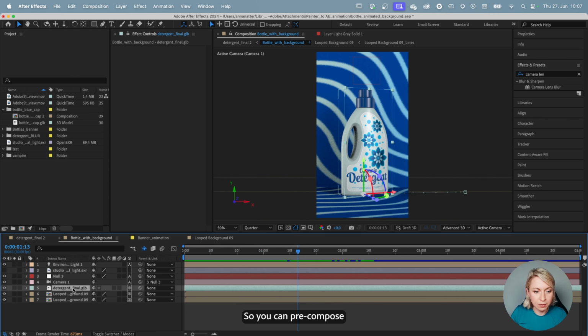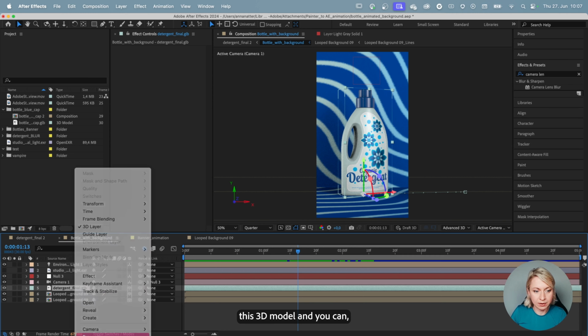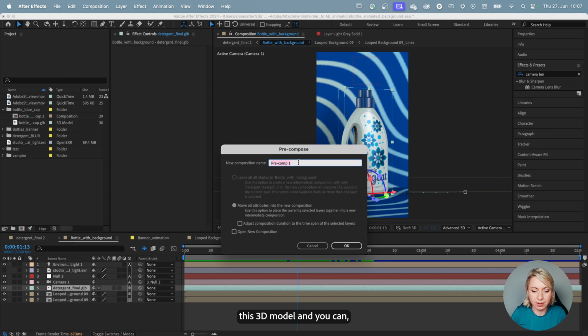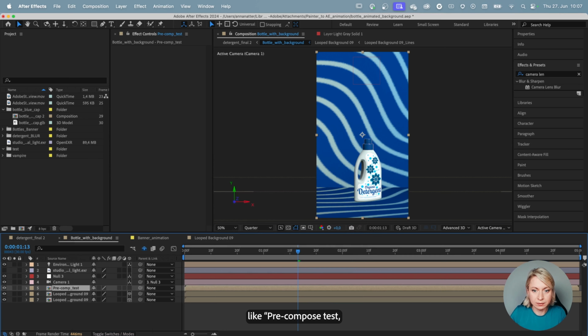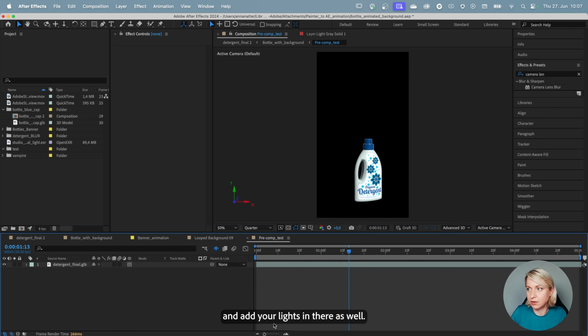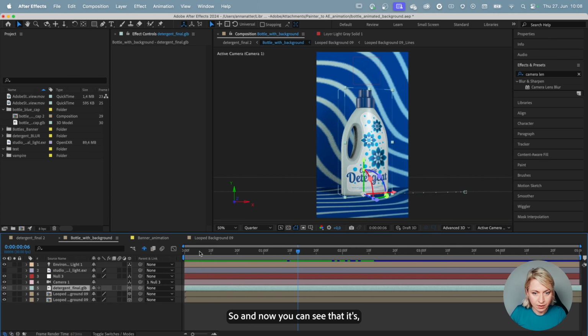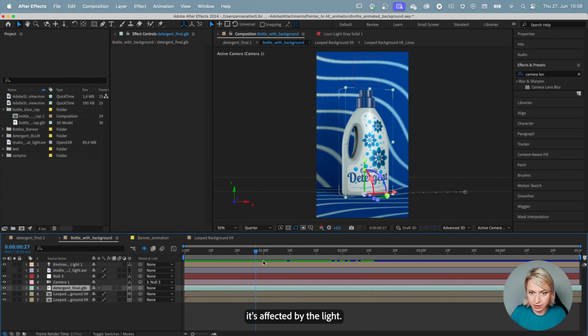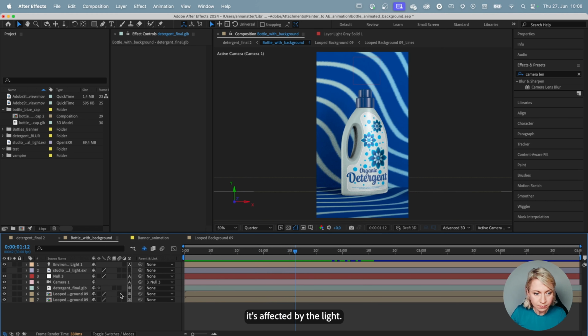So you can pre-compose this 3D model, but then you will see that it is not affected anymore by these lights. So you have to go into the composition where the model is and add your lights in there as well. And now you can see that it's affected by the light.